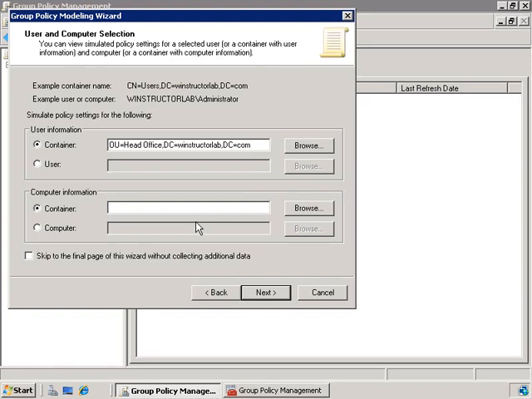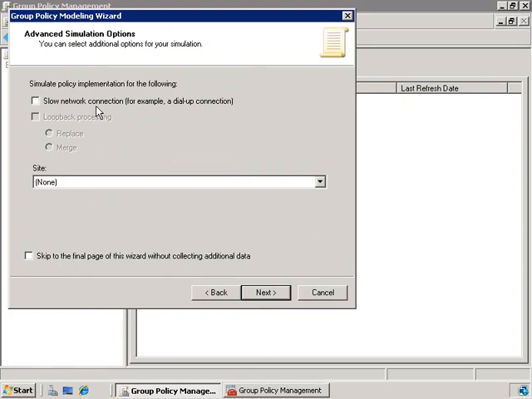Now if you don't want to see all of the other screens in this wizard, we can also skip right down to the end of the wizard if we like, but since we'll want to see everything, we won't be doing that right now. We'll just click Next. Now we can also choose to simulate a slow network connection, like a dial-up connection as well if we like,